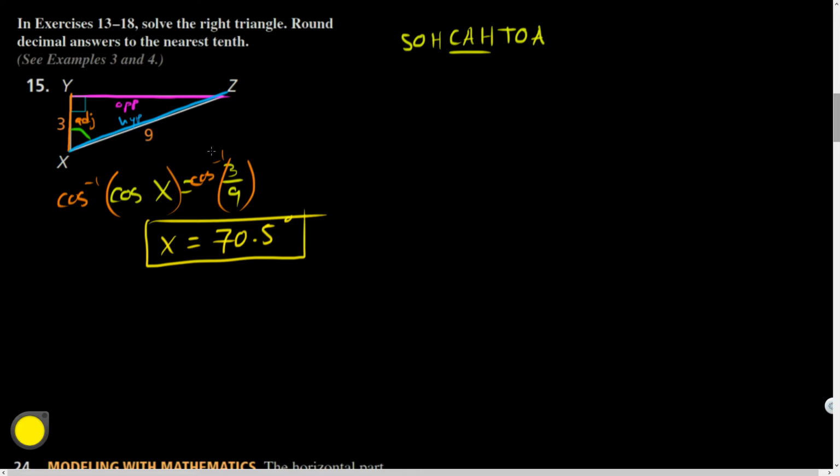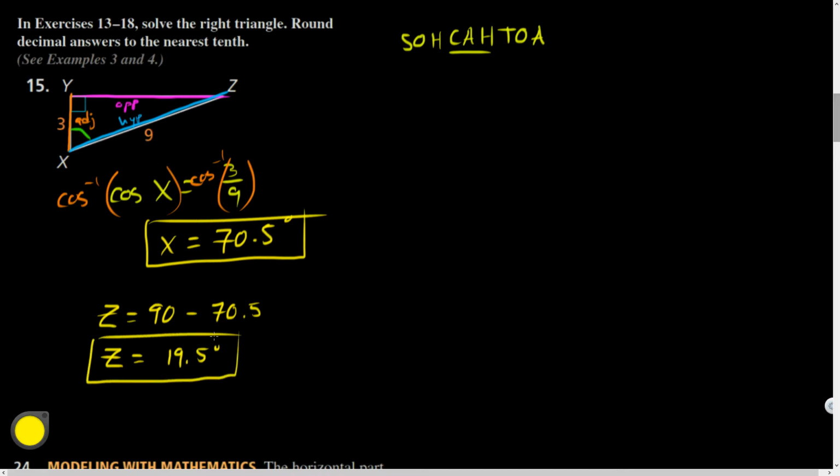So for an inverse trig function, you input a ratio to the inverse function, and it outputs an angle. Okay? That's the way they work. So if I wanted to find angle Z, I could just do 90 minus 70.5 degrees. And angle Z is going to be, what's that, like 19.5? No response. All right, I'm getting a yes. And if I want to find YZ,